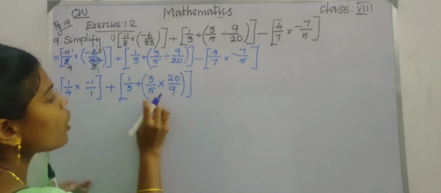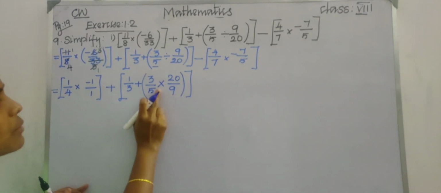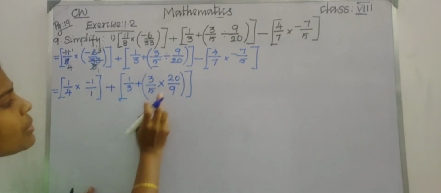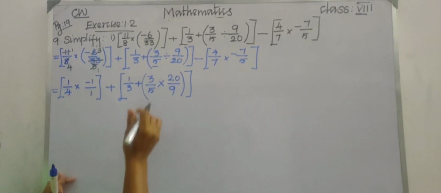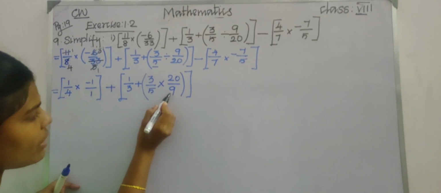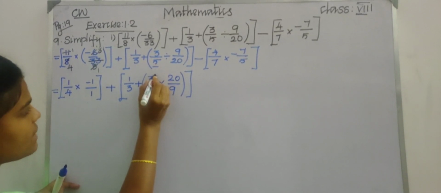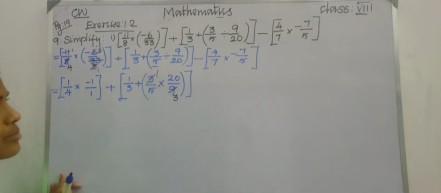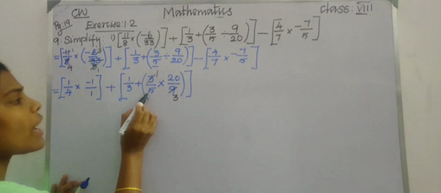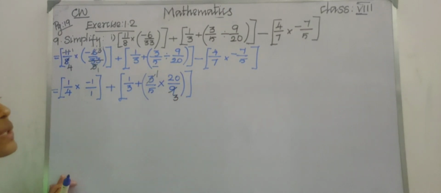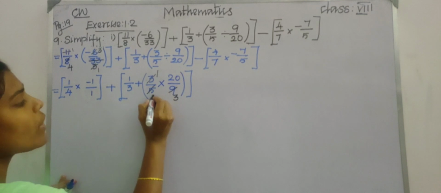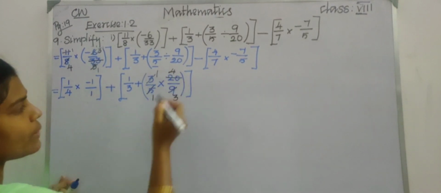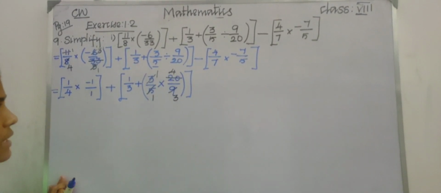Okay children, now we got this term in the multiplication, so that we can simplify, right? We can make it in standard form. See, here we are having 3 and here we are having 9. So we can cut this, okay, by using 3 table. 1 3 is 3 and 3 3s are 9, right? And here we are having 5 and here we are having 20, okay? So that we can simplify by using 5 table, okay? So 1 5 is 5 and 4 5s are 20. Okay children, so let us see the next one.